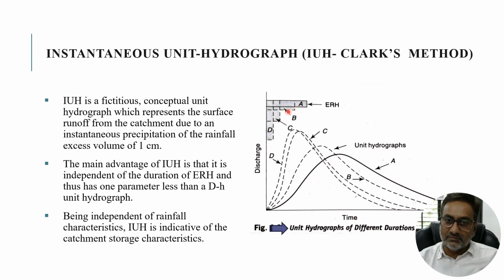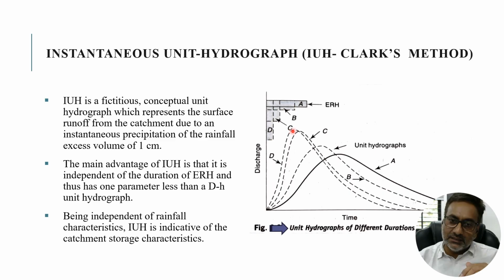Similarly, if I reduce the time, say 2 hours to 1 hour, and assume that in 1 hour 1 centimeter depth of excess water is created all over the catchment, then the C line will appear and a new maximum value will be like here. And as I go on reducing this time, from 4 hours to 2 hours to 1 hour to half an hour, say 10 minutes, 5 minutes, and say within no time there is 1 centimeter depth all over the catchment,